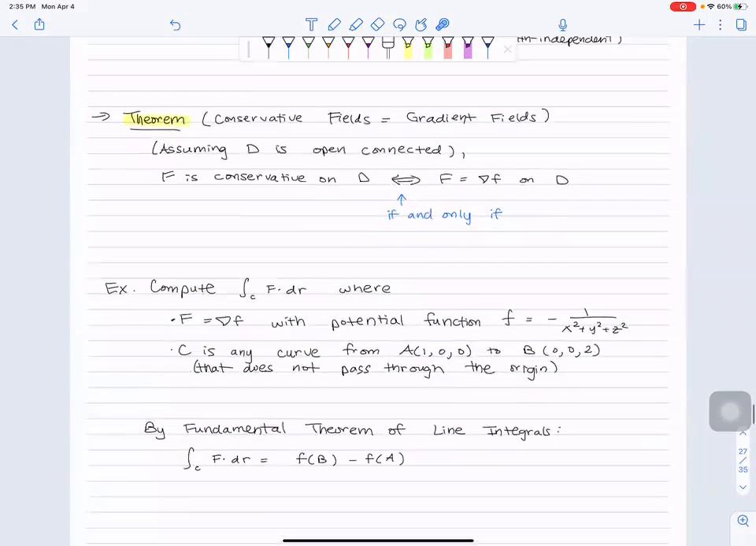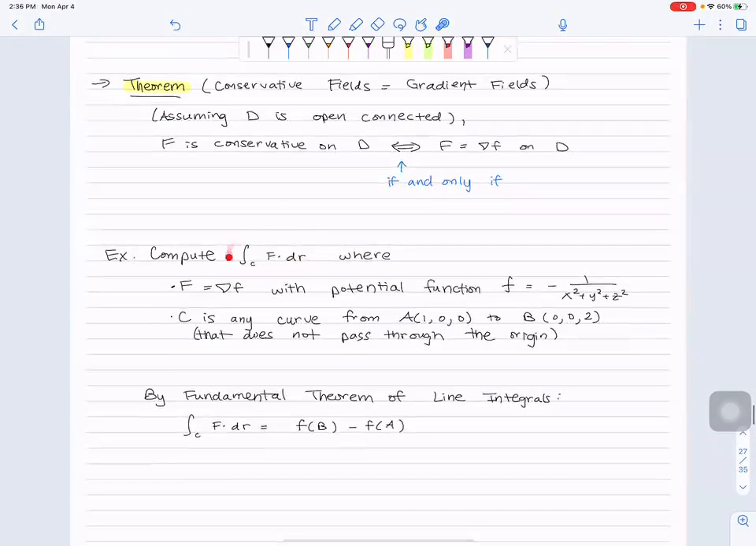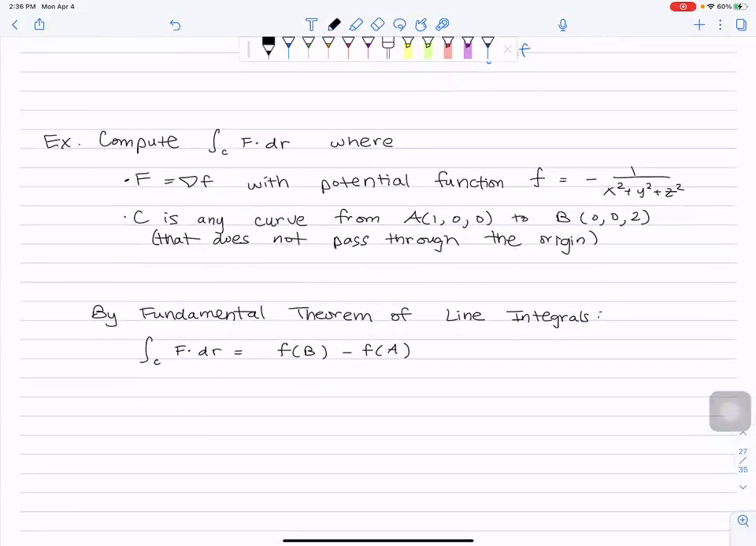So let me do an example. We want to compute this, and we're given the potential function already. We're given f is this. C is some curve from (1, 0, 0) to (0, 0, 2), and it doesn't pass the origin. Then how would you evaluate this integral? Well, because you have some starting point and an ending point, by the fundamental theorem of line integrals we just had, you want to evaluate f at your endpoint minus f at your beginning point. And since they already gave us our